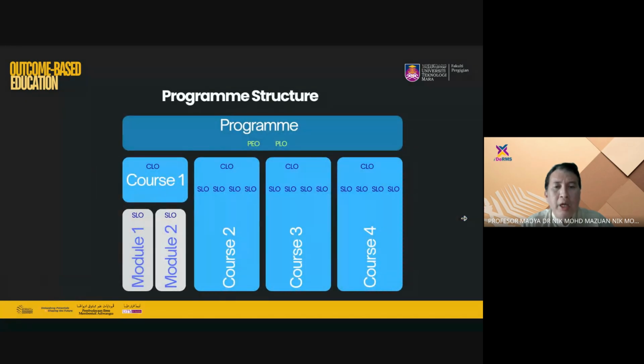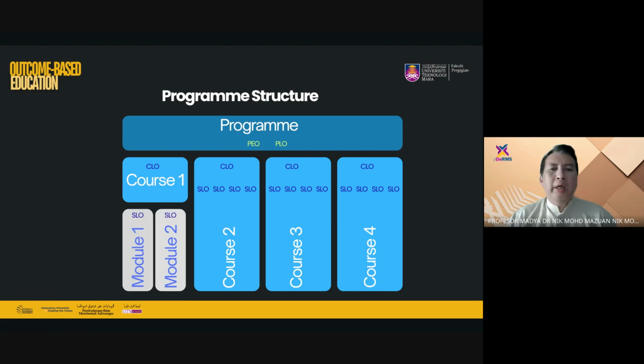We are almost done, don't worry. So, program structure. During making the handbook, some of you asked me why we need a program handbook and why we don't have only a course handbook. I'm going to answer that now. For the program, normally we give the handbook at the beginning of admission. For Bachelor of Dental Surgery, we give the program handbook to year one, and whatever they have throughout the years, they are still using the same program handbook.